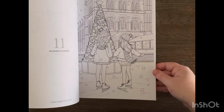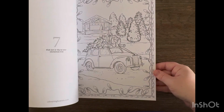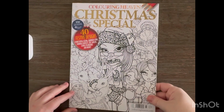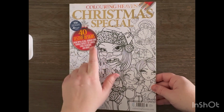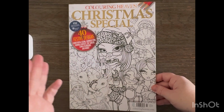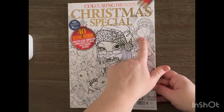I bet you guys have seen plenty of Christmas for now because Christmas is over and people are wrapping up all their Christmas pages and January pages. So I'll kind of go through these books real fast. This is the Christmas special, 40 designs, festive designs. There's a whole bunch of different artists on the front. We have Zoe Sadler, Hannah Lynn, Mika Jelena,